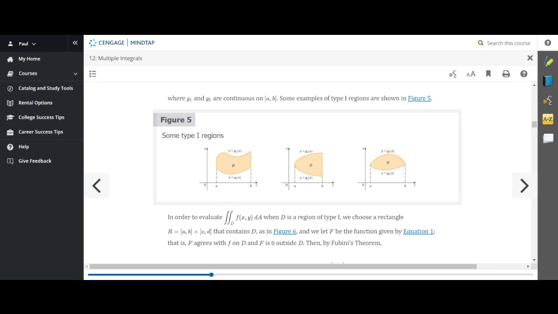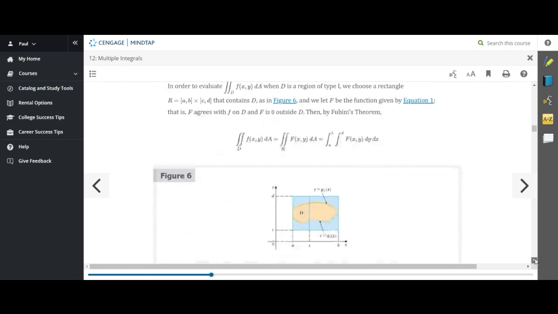Okay, Ellie recalls it. And Charles. And then they give two other pictures of a type 1 region. Again, type 1 region, the region D is bounded below by the function g1 of x and above by the function g2 of x. So then, in terms of an integral,